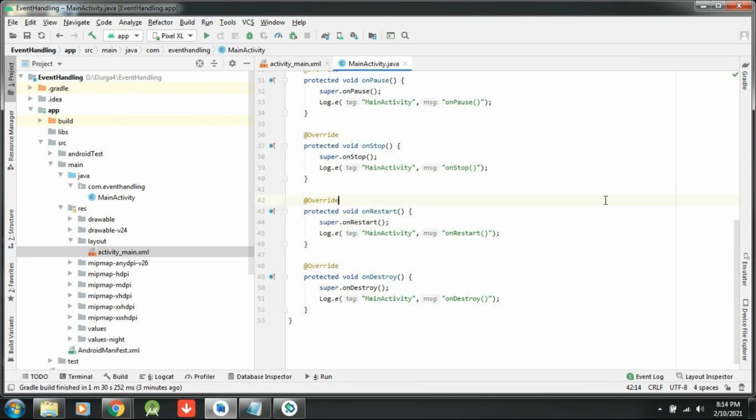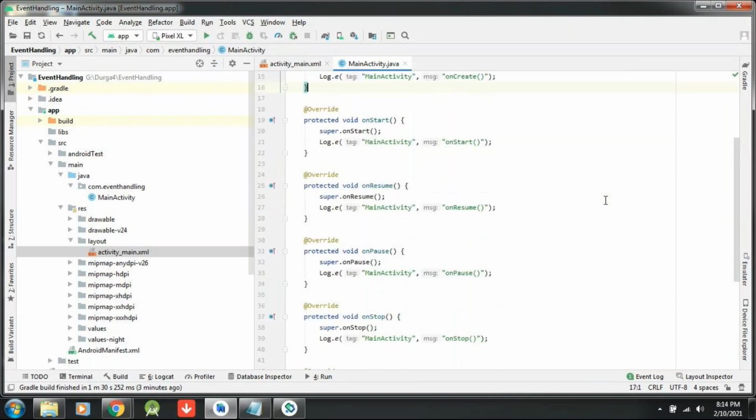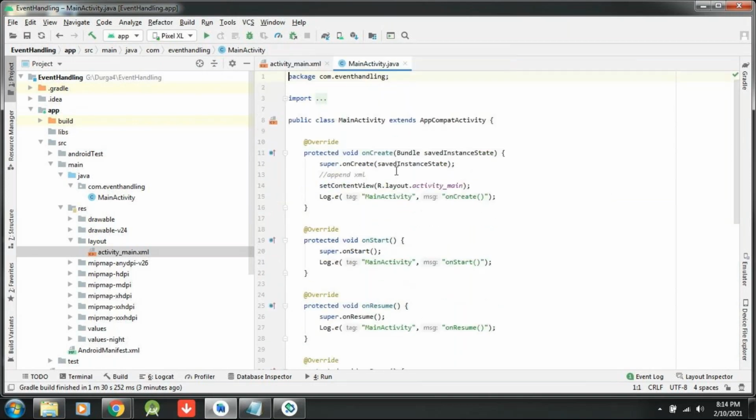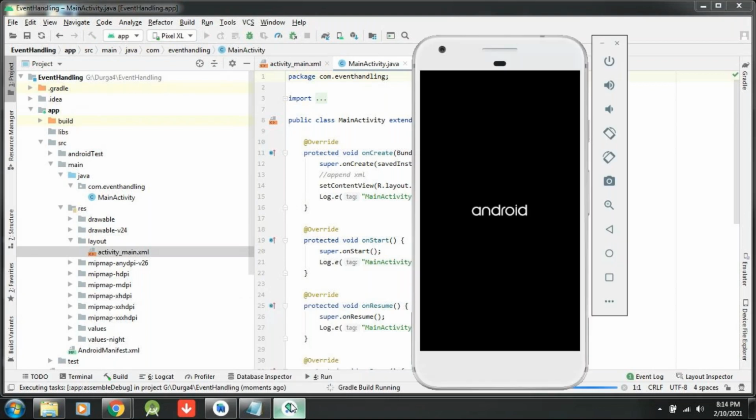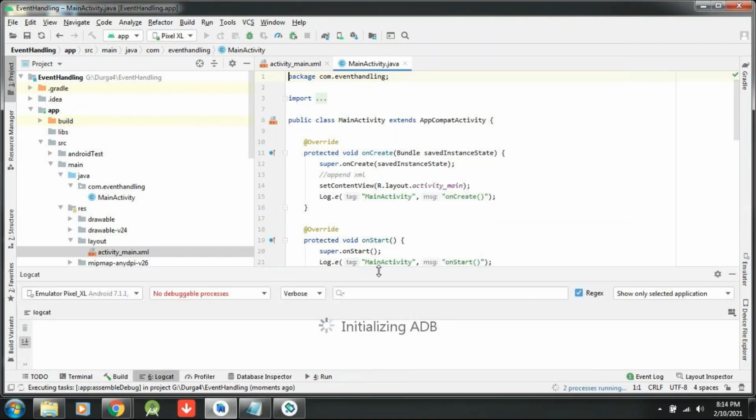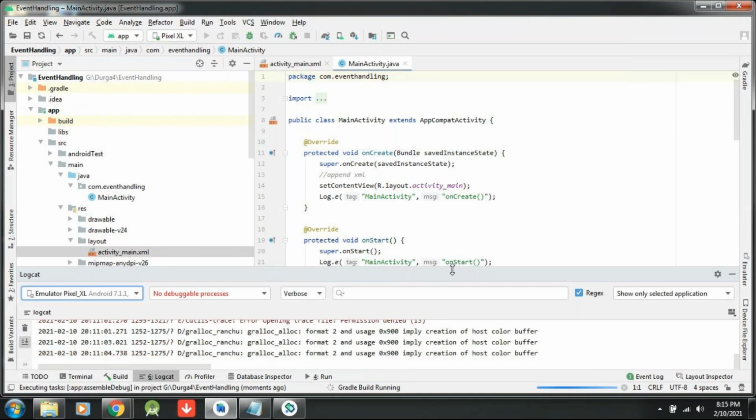Yesterday's one I am explaining, but for today's thing you no need to override all these methods. Only the onCreate method is enough. Once I show the methods, we are going to discuss what all is going to be executed and what all the things that will happen when I launch my application. Okay. So very first time it will take some time. We need to wait for that.